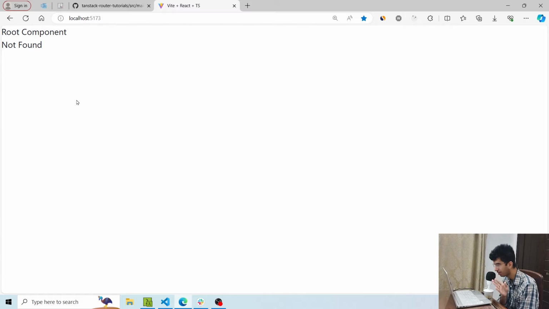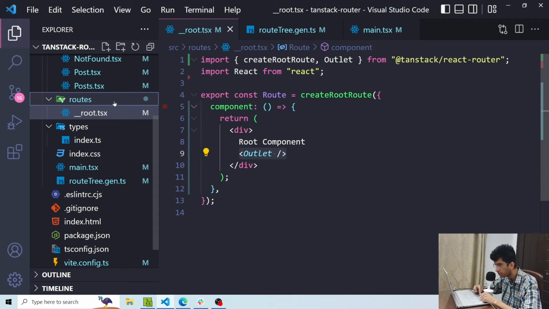So the main route, that is the index route, hasn't got any component. So that is why it's saying not found, because there is no route corresponding to this. So let's add that route. So here I'll say